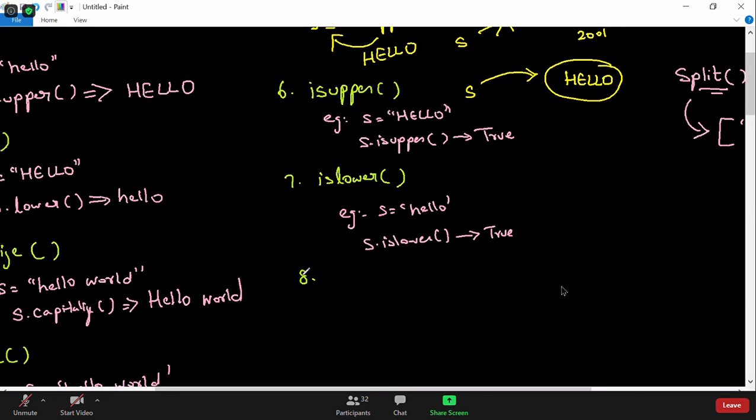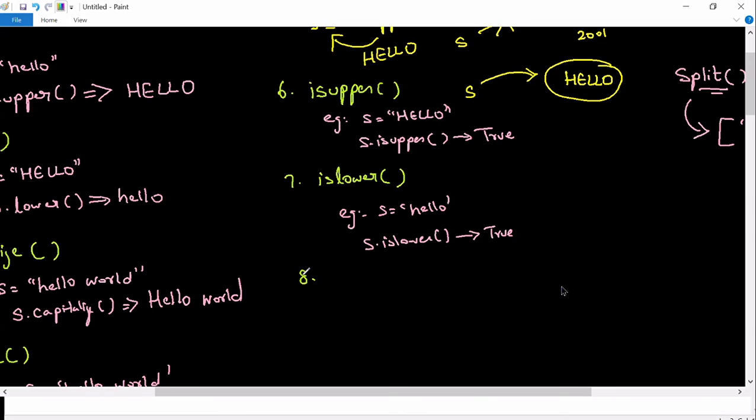Still, we have not even started the most important methods of strings. These are basic methods we are learning, very basic: converting to lowercase, converting to uppercase, checking whether it is lowercase, checking whether it is uppercase, capitalizing the first letter and so on. So you can check and you can convert. If it is lower, you can convert into upper. If it is upper, you can convert into lower. Now you can use if else.